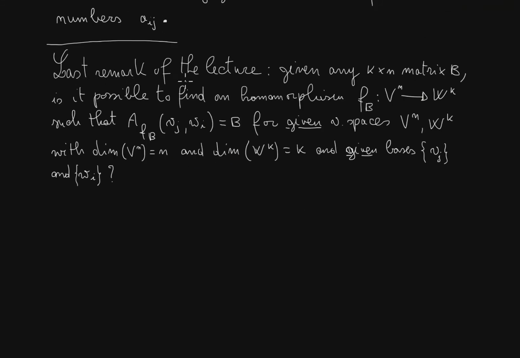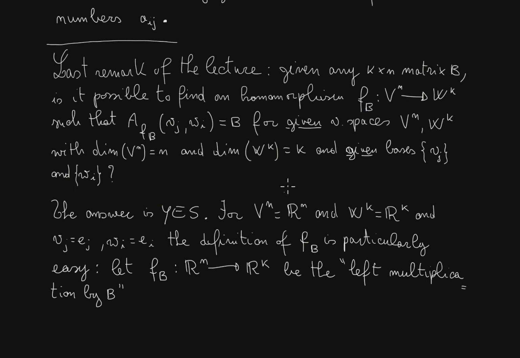One last remark of the lecture. Given any k by n matrix B, is it possible to find a homomorphism, say f_B, going from a vector space V of dimension n to a vector space W of dimension k, such that the associated matrix of this homomorphism, through the choice of any given bases v_j and w_i, equals B? Well, the answer is